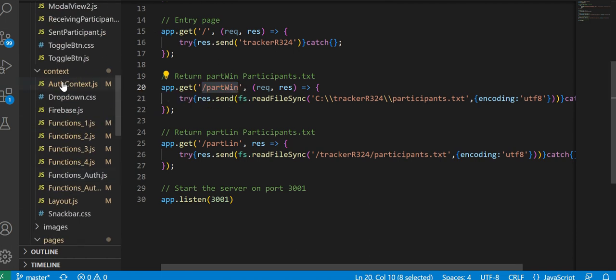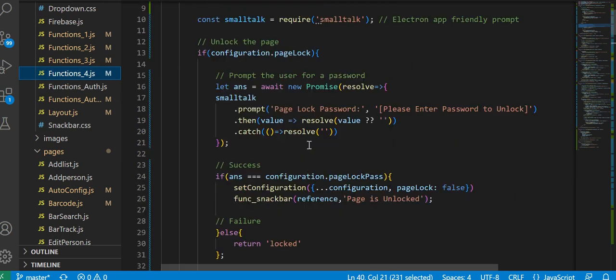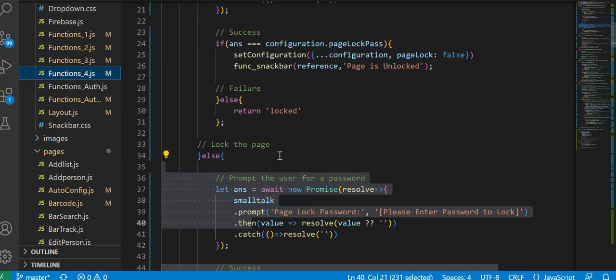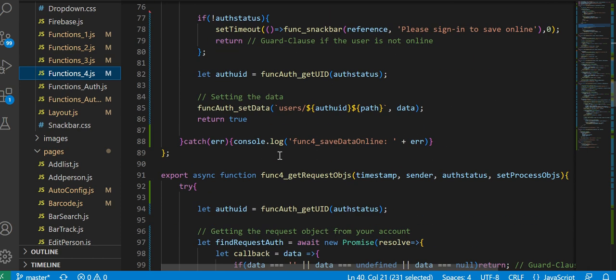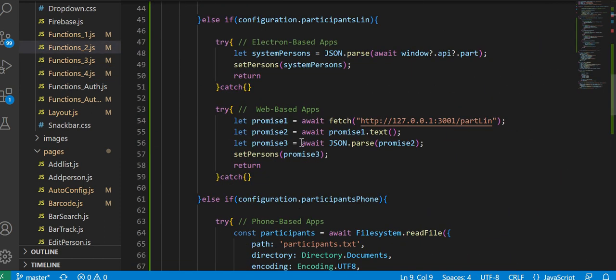Okay, I put in one of these functions here. I believe it is function 4. Here it is. Yeah, no, that's not it. I have it on here somewhere. Let me look for it. Here we go. I'm making a fetch call using the fetch module, and I just put in the loopback address, which is